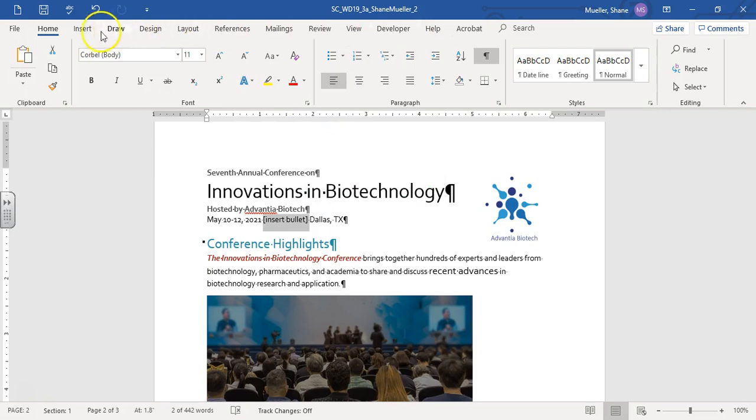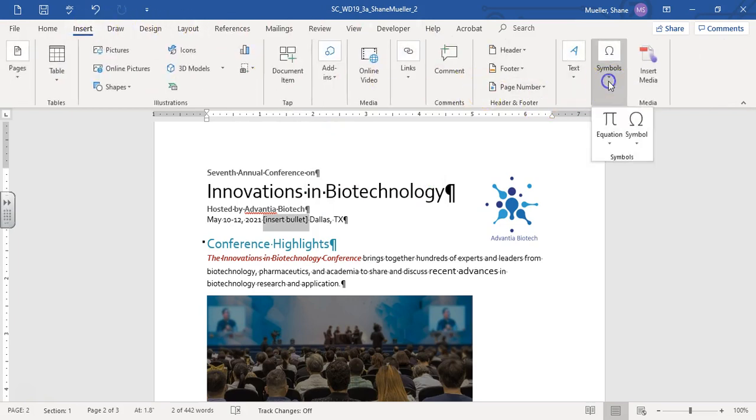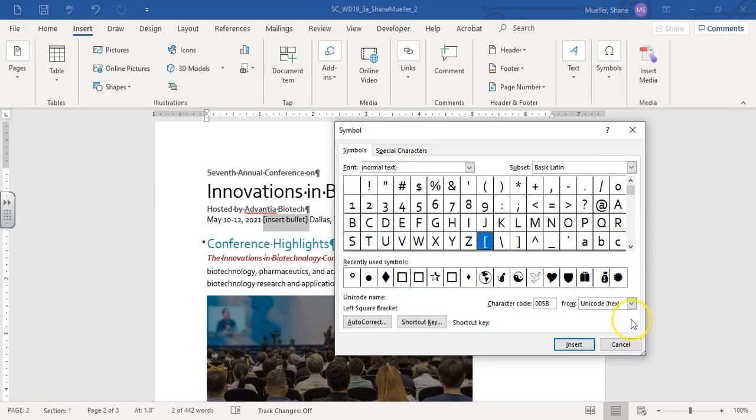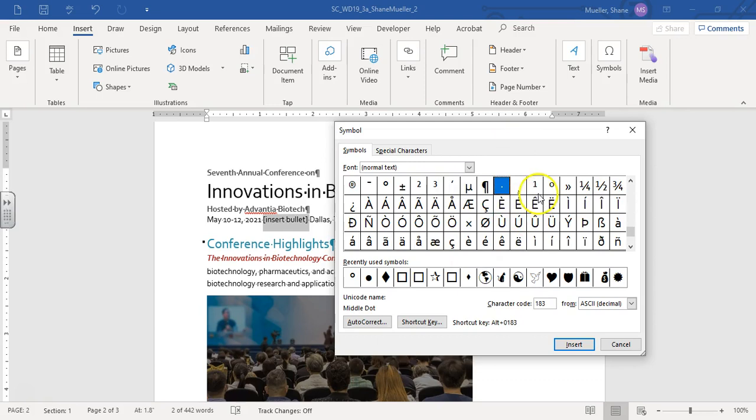So I'm going to go up to Insert, Symbols dialog, and it's going to be this one right here. I've used it recently, but I'm just going to go to More Symbols. I'm going to change this to ASCII decimal and change it to 183. There's that little bullet right there. I'm going to Insert, Close,